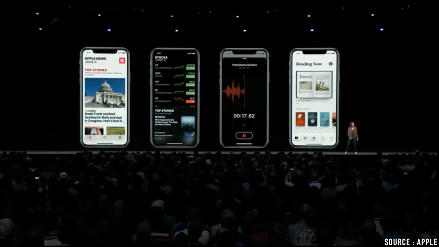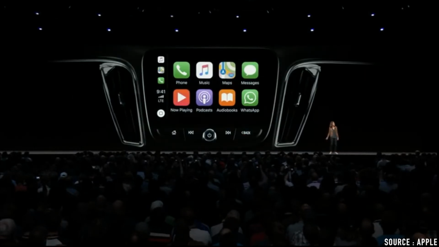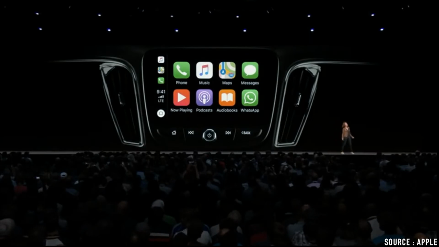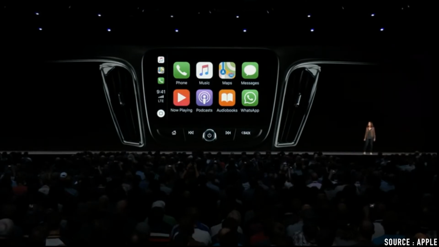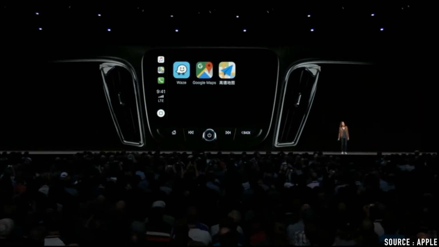A smart and safe way to use your apps in the car. I think you know I'm talking about CarPlay. CarPlay already supports third-party audio and voice messaging, voice calling and messaging apps. You probably know that. But what you might not know is with iOS 12, CarPlay will also support third-party navigation